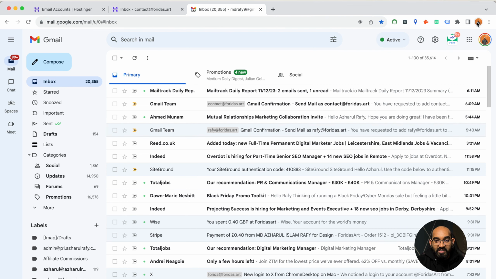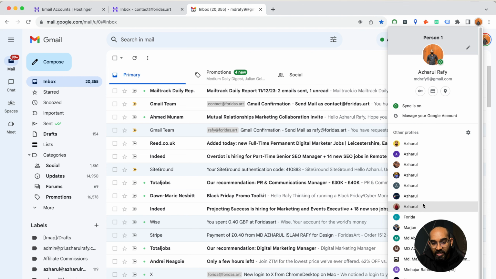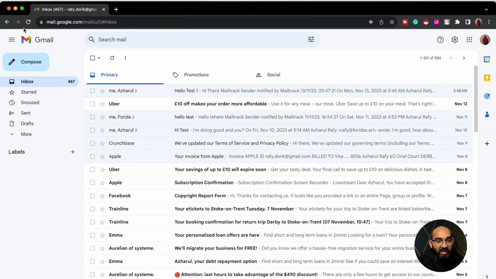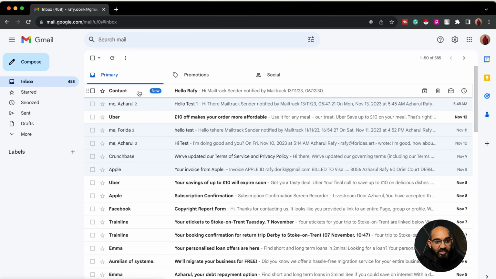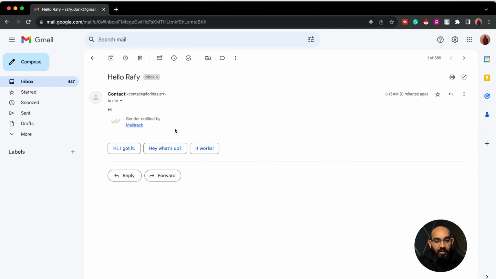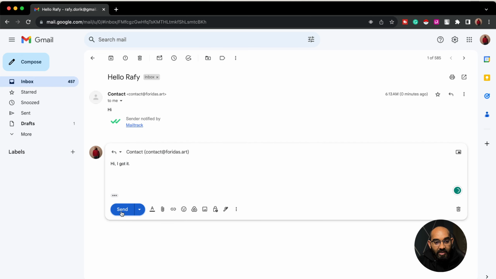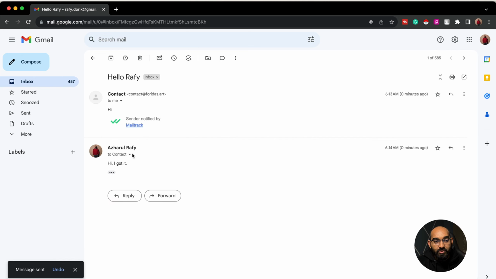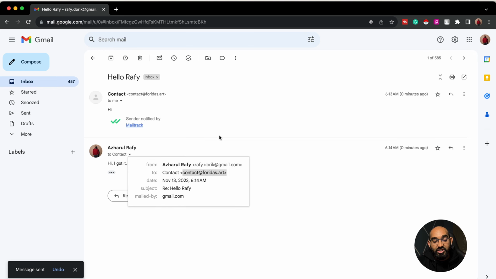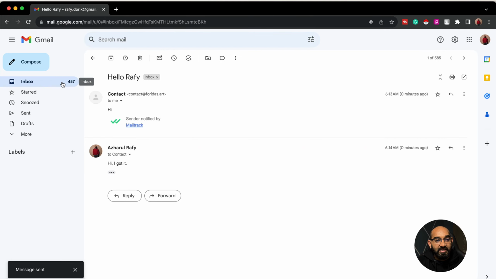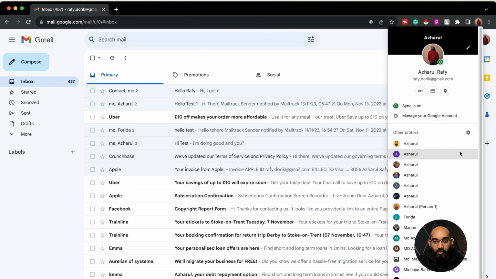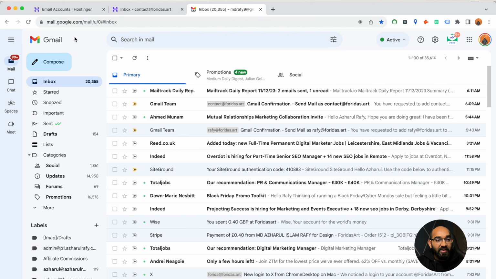If I simply visit that email address or go to the email inbox where I have sent the email, if I reload this, just take a look, we have received this email from contact. So here you go, if I open this up, this was the email that we have sent. Now if I reply to this email, let's say hi, I got it, and let's click on send, it is going to be sent from this email address to this email address, and it should appear within a few seconds. So let me take you back to our original tab right here, and if I reload this page,